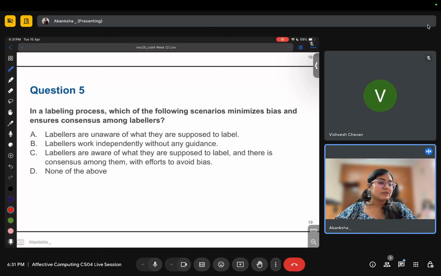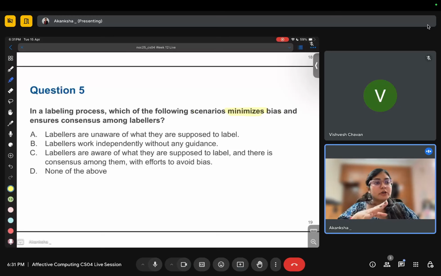So, minimization of bias means, we already discussed how bias can affect our systems. When we talk about bias, there is a great factor which can help reduce it, and that is the quality of the training data.